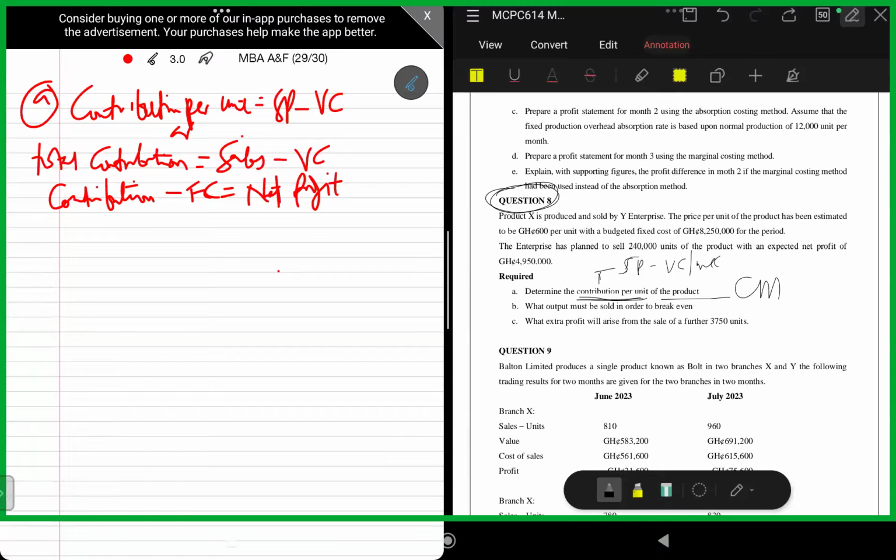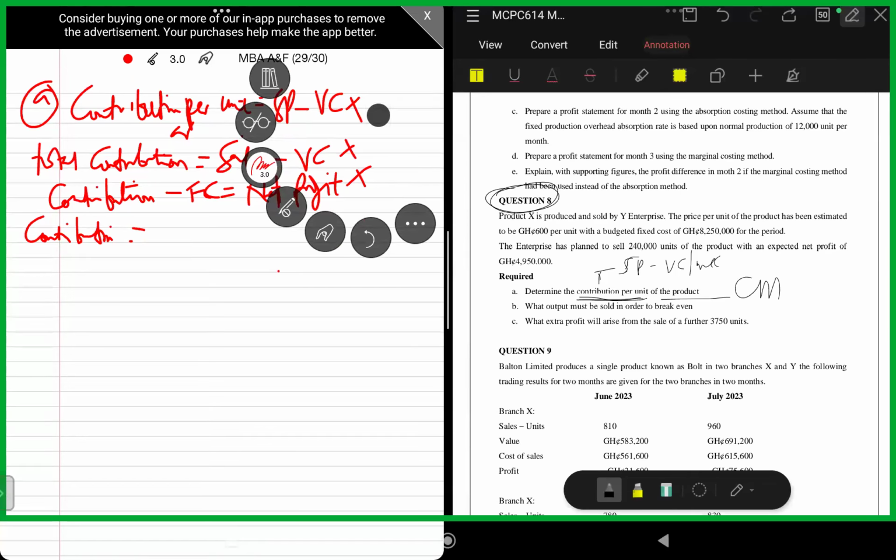They said there was a fixed cost of 8,250, and I'm to search for contribution. All these types of contribution formula, you write them on your question paper. Now we've identified the last one because they gave fixed cost. So contribution